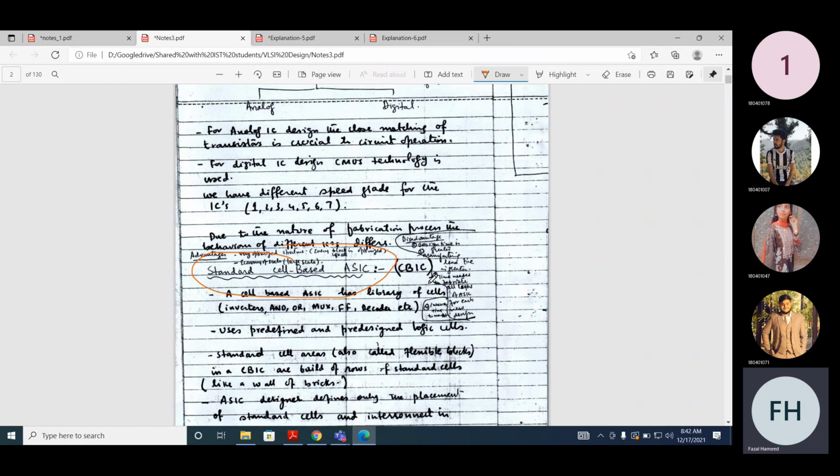When a library of cells is available, it means you use those components from the library. Let's assume they have a library of AND gates, a library of inverters, a library of OR gates, a library of NOR gates. If we say we have a library of AND gates, what features do they have? It can be a 2-input AND gate, a 3-input AND gate, or a 4-input AND gate. So for all of these gates there will be a specific library.